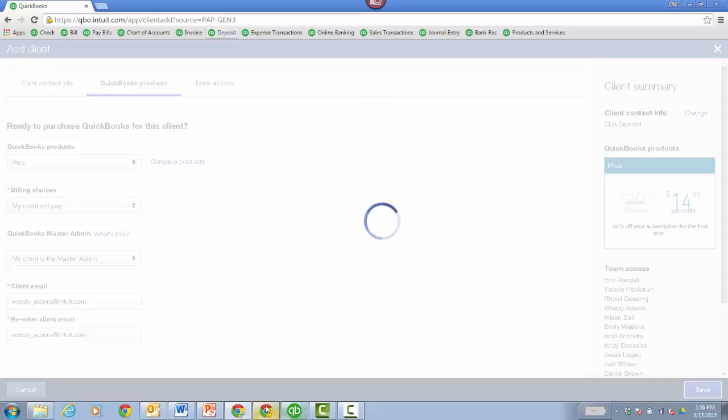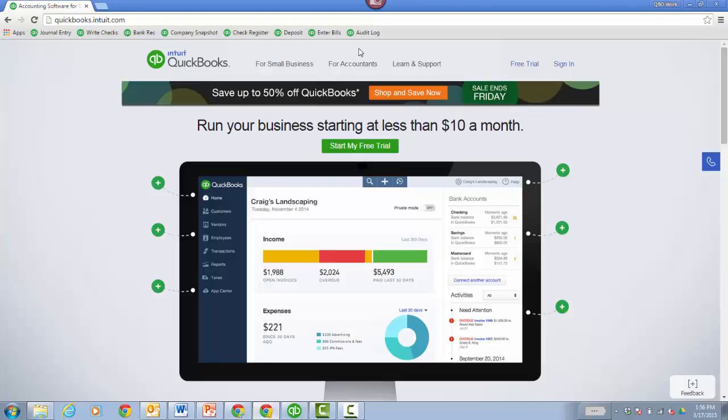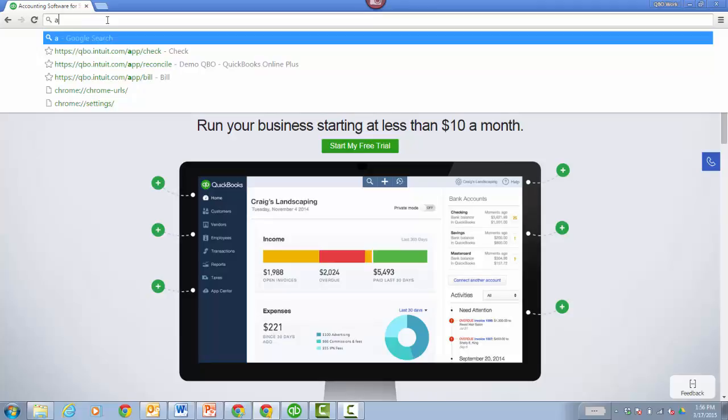Now, another way to do it, while that's being added, is maybe your client went to QuickBooks.com, clicked Shop and Save, and signed up there. When you're doing the conversion, you're going to want to use your client's user ID and password to see the file when you're converting from desktop. If you're an accountant or a firm, rather than QuickBooks.intuit.com, which is really for small businesses and not for firm clients, I really think you should instead go to